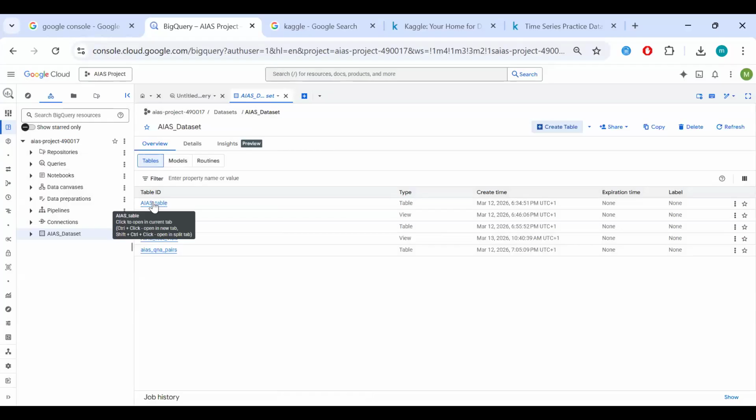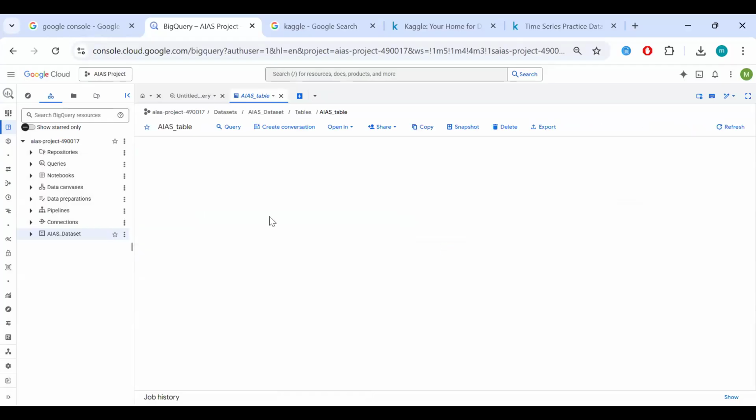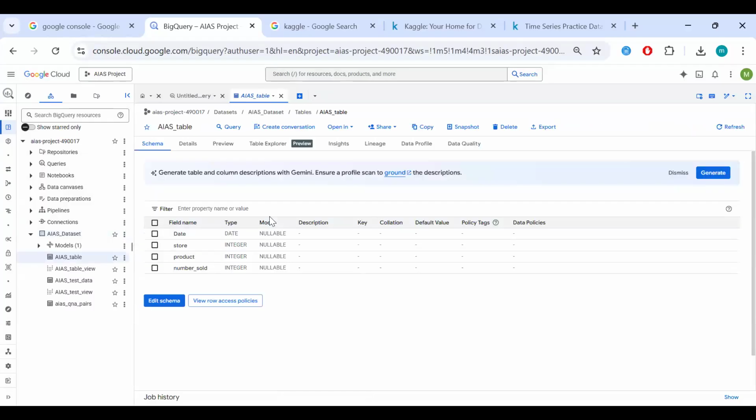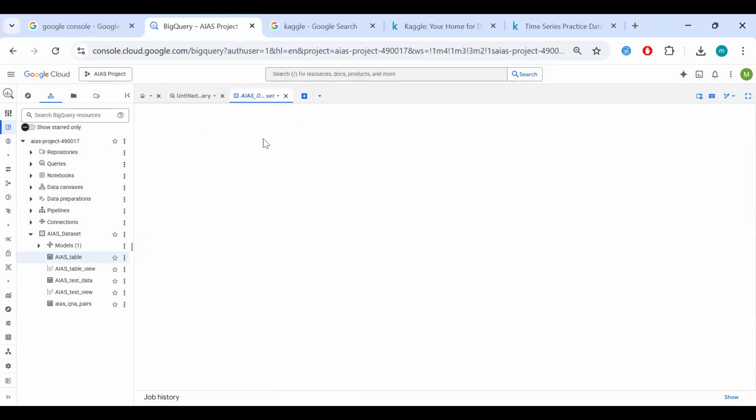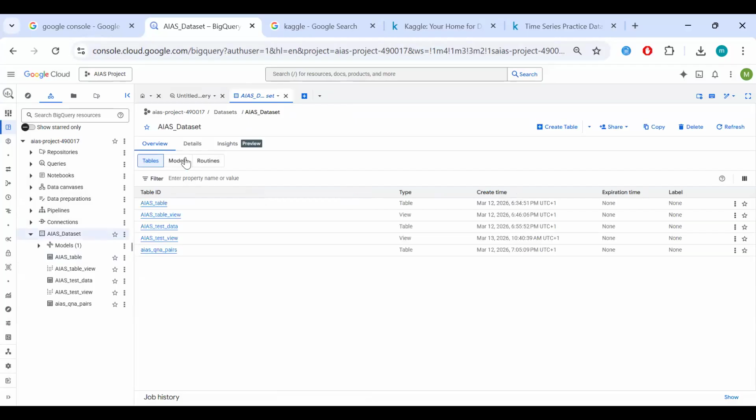Now we'll go into our table to work. Before that, I think it's best to show you the other pages, so you can see the overview of the tables in our data set.